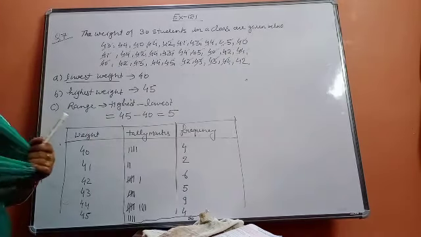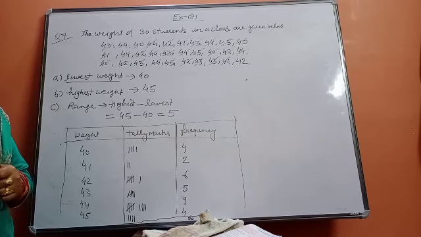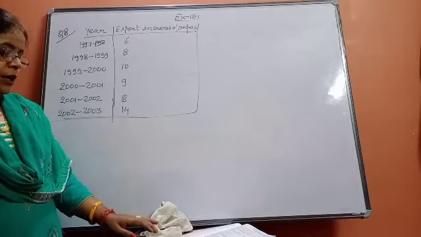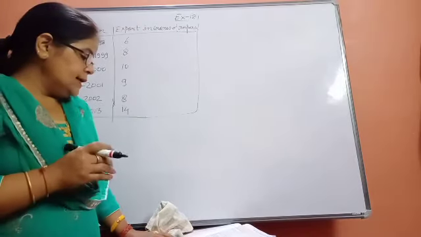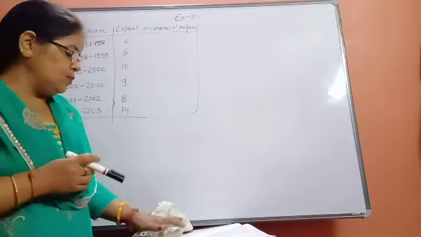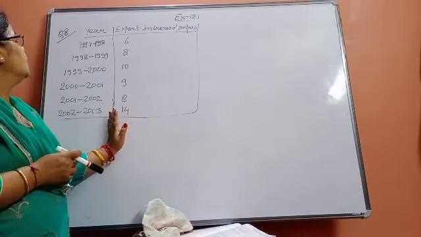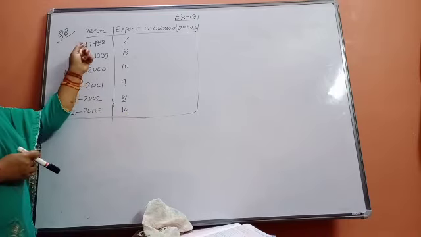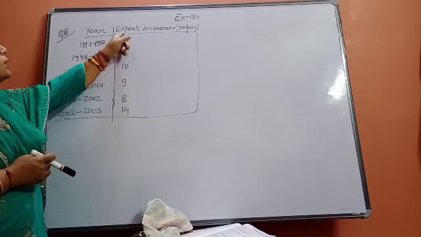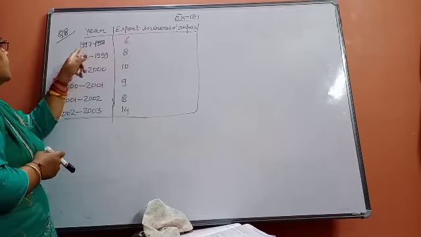Now we are going to question number 8. Beta, see that question number 8. Open your book. Study the following frequency distribution table and answer the questions given below. I have made the table on your board. See that year 1997 to 98, 6 crore rupees have been exported. These are exports in crores of rupees.